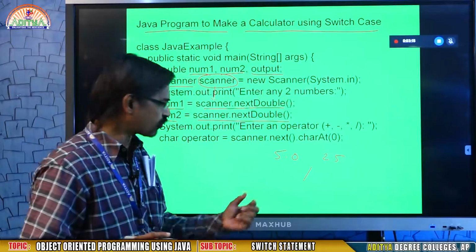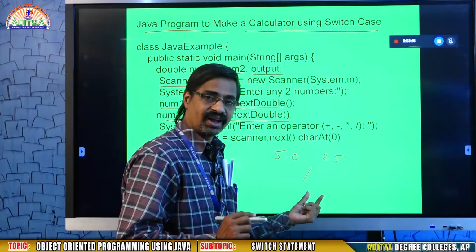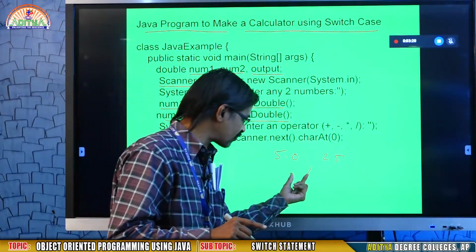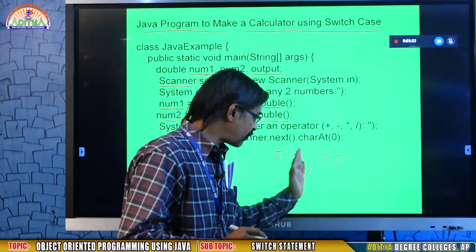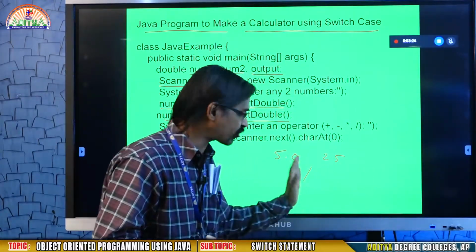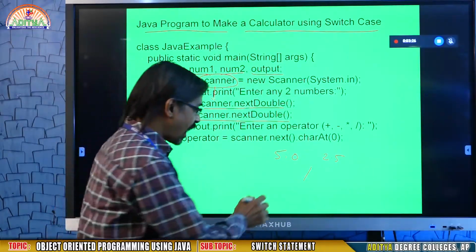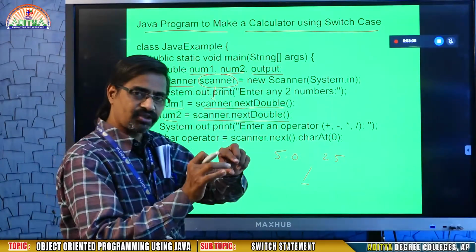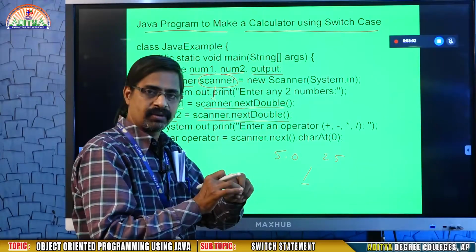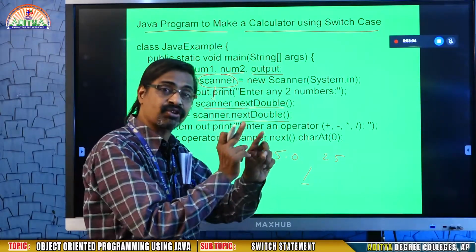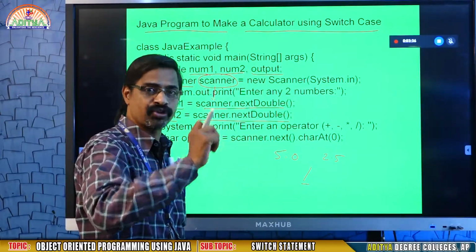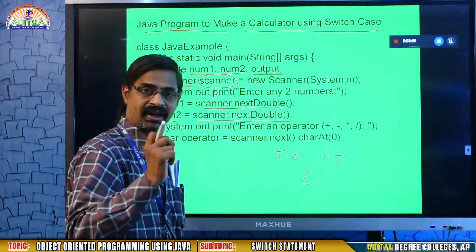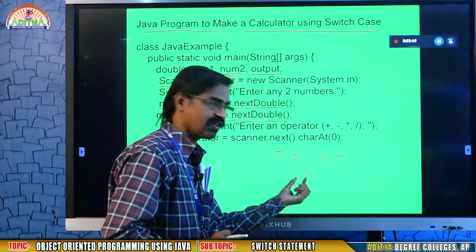I want to read a string. Of course, it looks like a slash, but in the string there may be some extra characters after the slash, and I want only the slash. Whatever string you want, you may enter. In the string, I need the first character, that is, the 0th position, as you know from arrays. That is the slash.